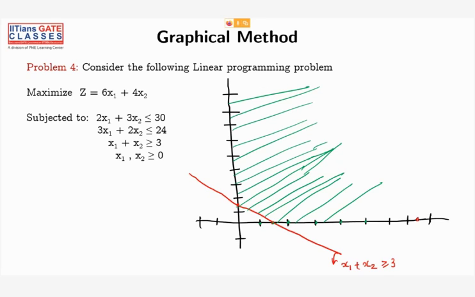This is 15. 2, 4, 6, 8, 10. This is 10. Let me draw the graph like this. So this will be 2x1 plus 3x2 less than 30. So if you substitute the origin,